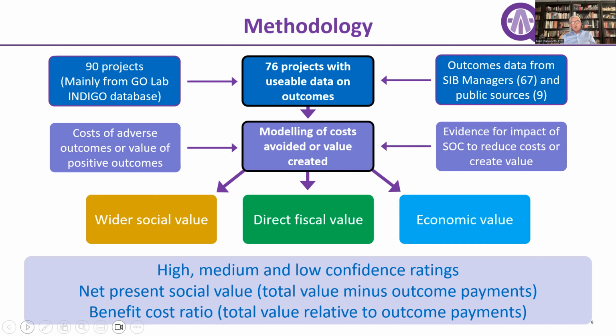avoided. But there are some more challenging areas, which is to estimate the consequential and secondary impact on those children of, for example, having better life chances later, being less likely to be NEET, being more likely to improve their educational attainment. There's good research on some of those things, but it's much more difficult and challenging to estimate that directly, as it often is in this sort of analysis. And the other thing is knowing what the costs avoided or the cost value created actually is. We use a wide range of sources, but we always say it's better to have local data. So if you can work with local stakeholders to work out what they know their own costs to be, you get much better data. But that is often